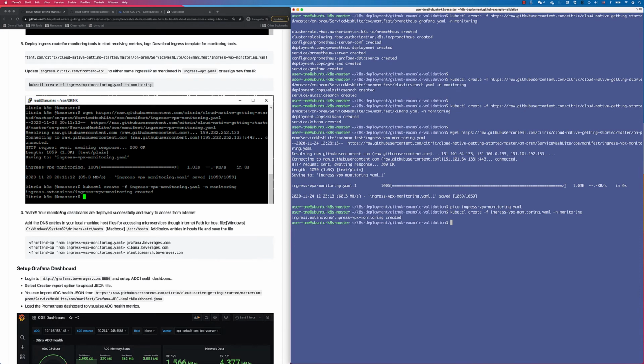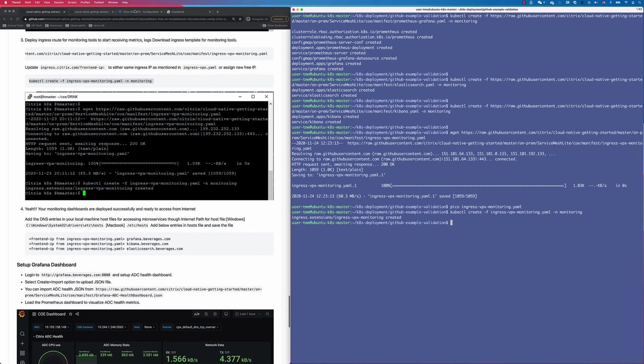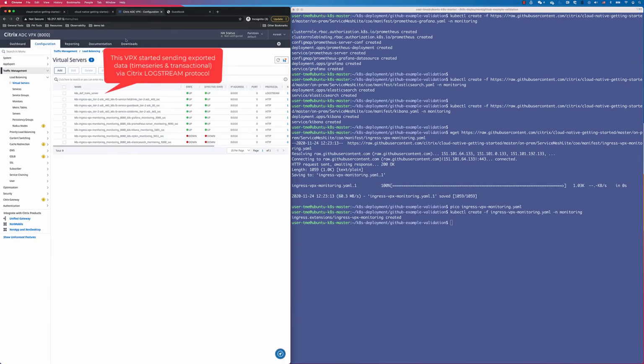So now I think the deployment is done, but let's go back and check a few things. First of all, go to the VPX and refresh the page. So everything is up. In addition to hot drink, guestbook, and cold drink, we can see Grafana, Prometheus, Kibana, as well as Elasticsearch have been exposed. And just ignore the zipkin, we're not using it. So all the services are up. And then we're going to set up our